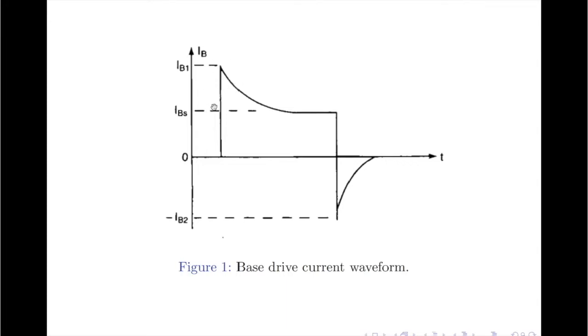The base current peaking during the turn on creates low forced beta at the beginning, causing the base current to peak. Once the transistor turns on, the forced beta can be increased to a sufficiently high value to maintain the transistor in quasi-saturation region. A similar procedure can also be used for reducing the turn off time T off. Higher the value of the current IB2, smaller will be the storage time.